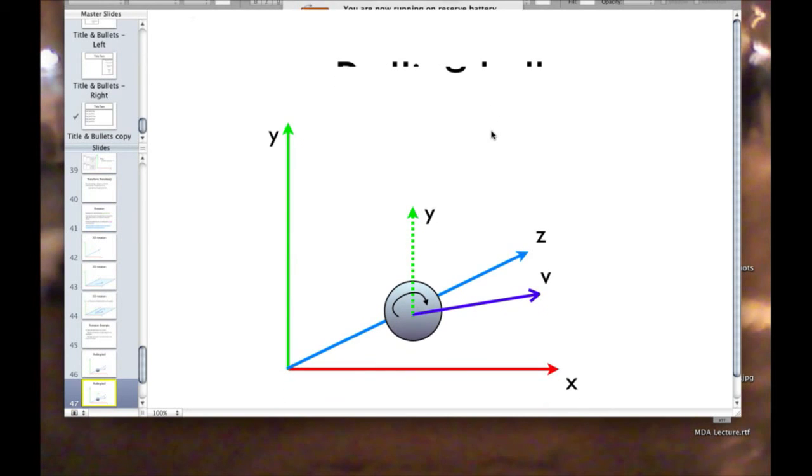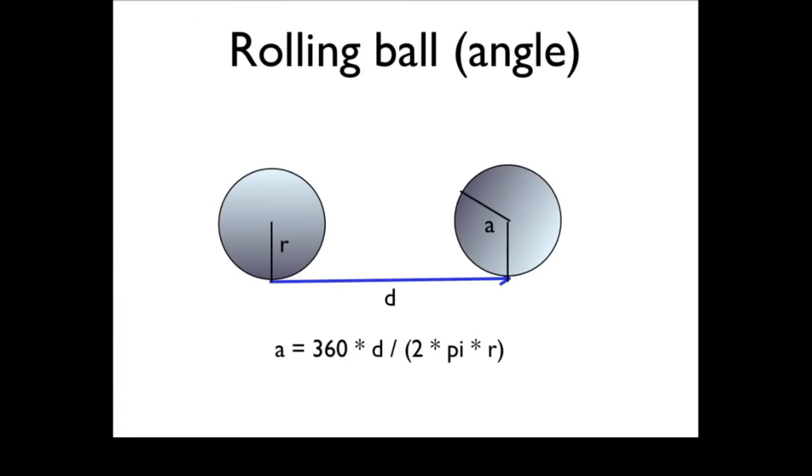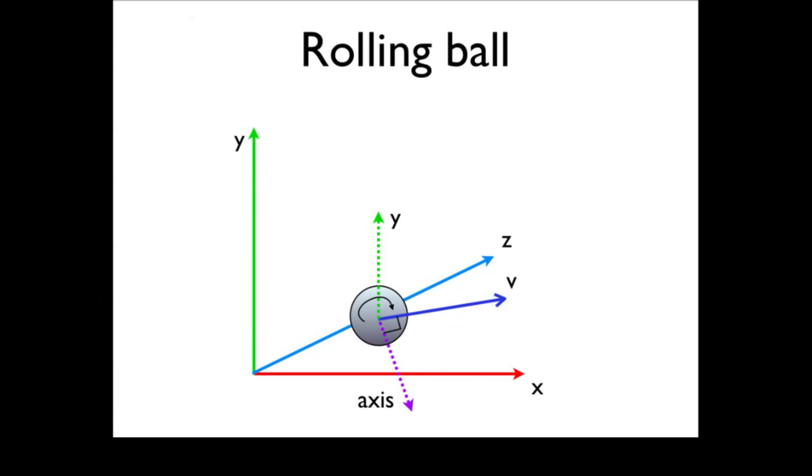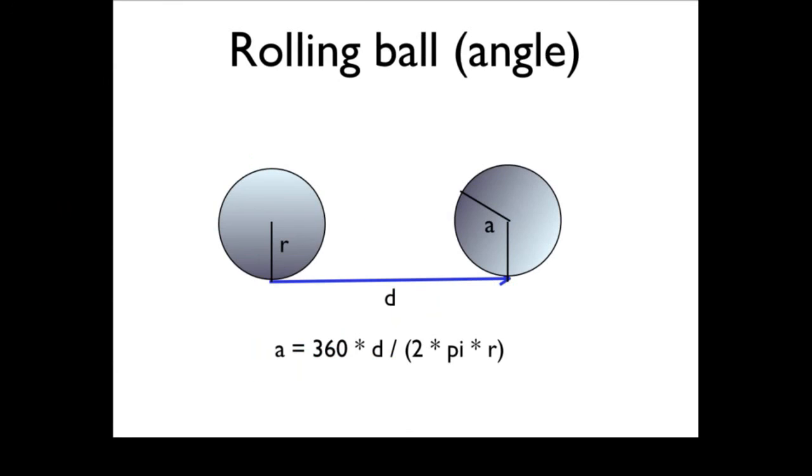So there we say, okay, the axis is then by the rotation around the y-axis. The distance that we roll, the angle that we roll is, well, because it's a circle, the amount,